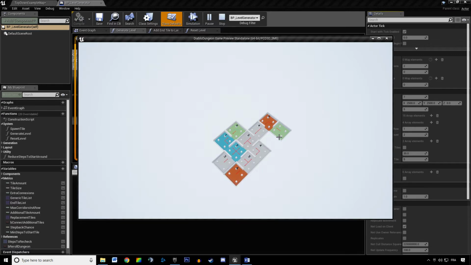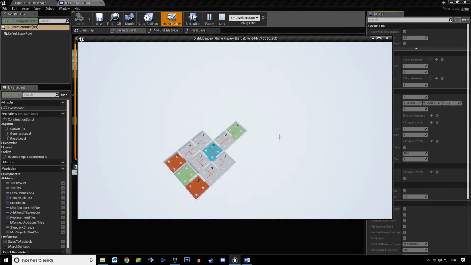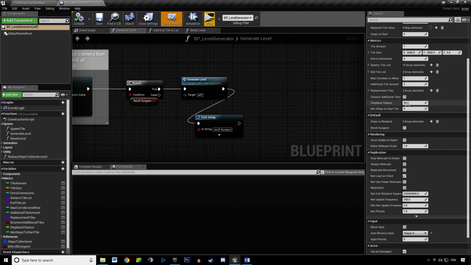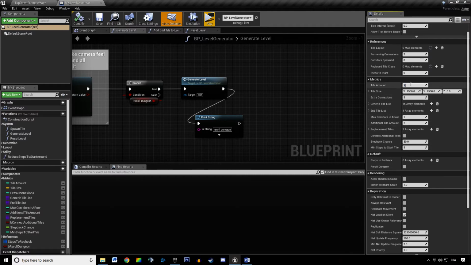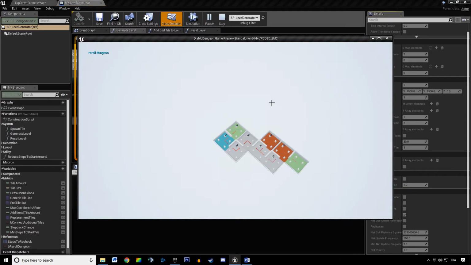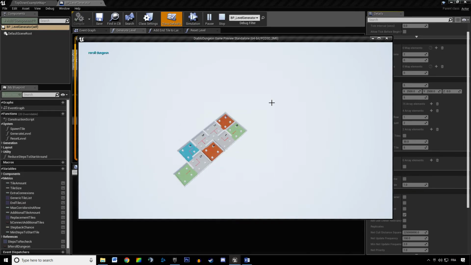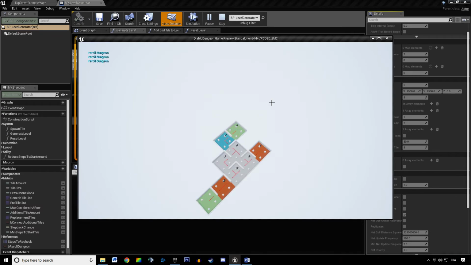To make sure it always has a minimum amount of 5 tiles, we want to say instead we have 5 tiles, and if I hit play, it re-rolled the dungeon. It re-rolled it, it re-rolled it. So this little logic is making sure we always have this minimum amount of tiles